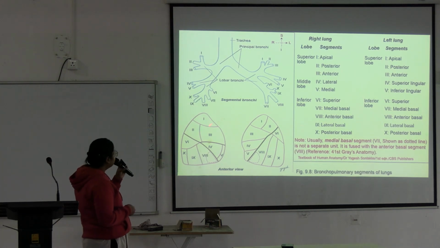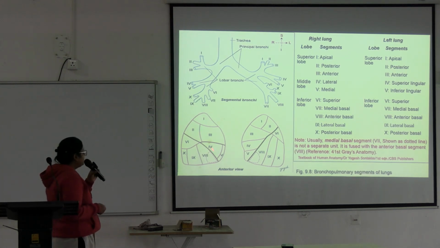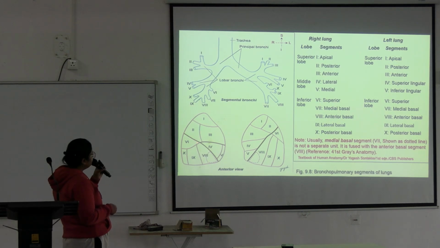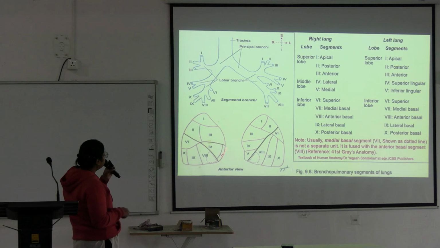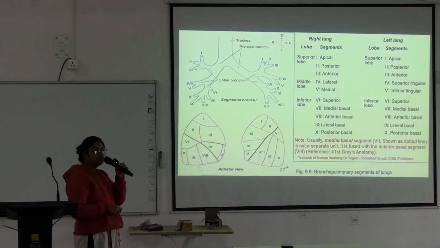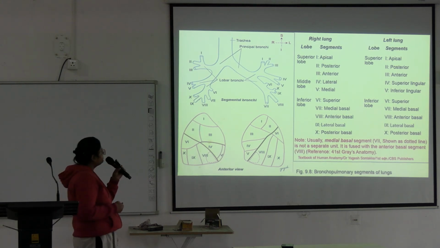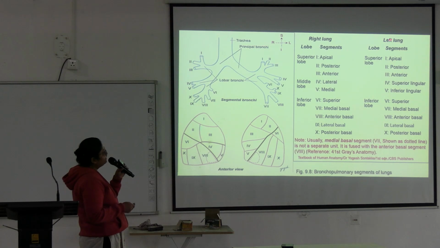Here you can see this is superior. Okay, here the medial is this dotted portion. This is mainly fused with the anterior. Anterior is this eighth marked one, and 9th is the lateral, 10th is posterior. So this is the position of different bronchopulmonary segments of the right lung, and the names are different on the left